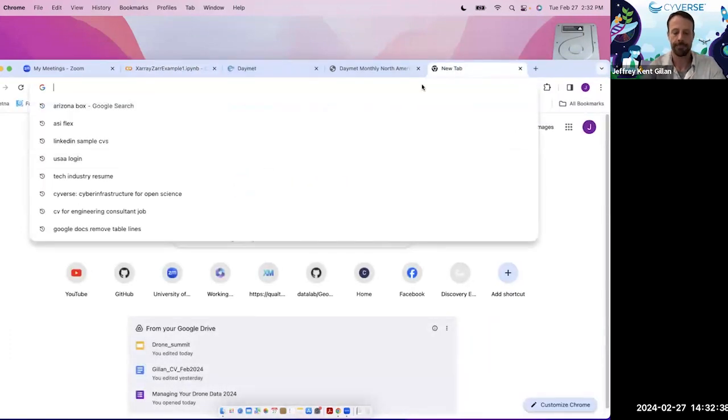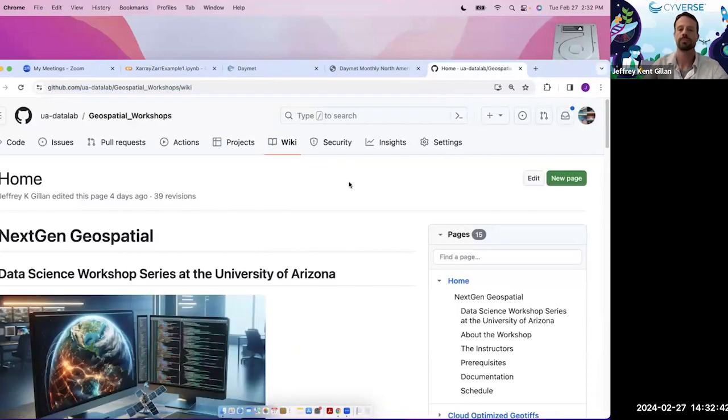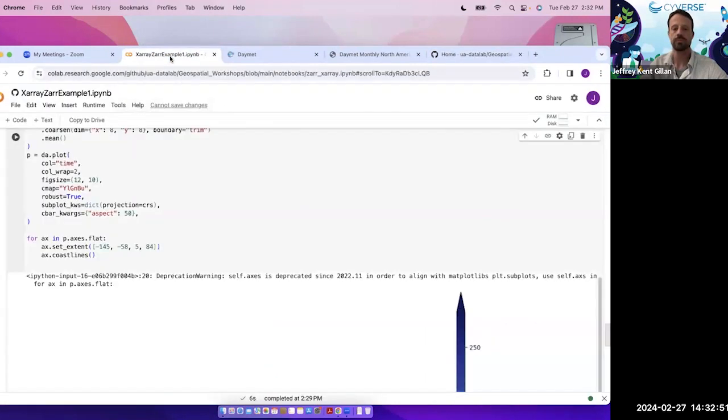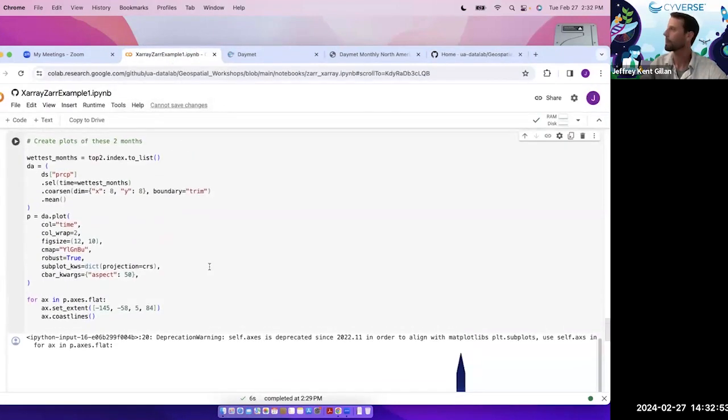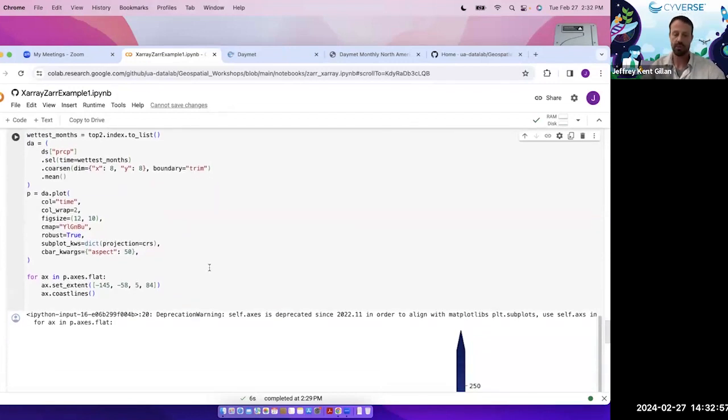So could that be done for the two months of the highest precipitation? Can you say your question again, please? Could that be done to the chunk of code that says identify the two months with the highest precipitation? Yes, of course. We're writing